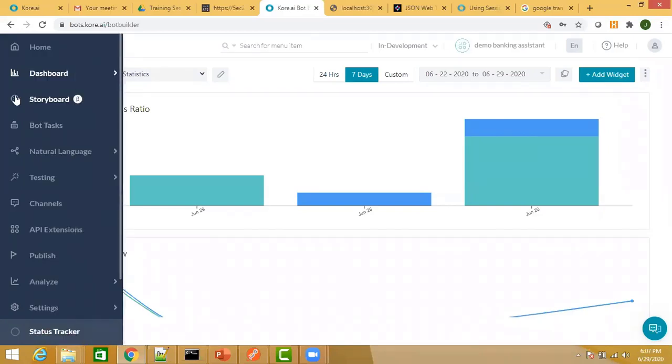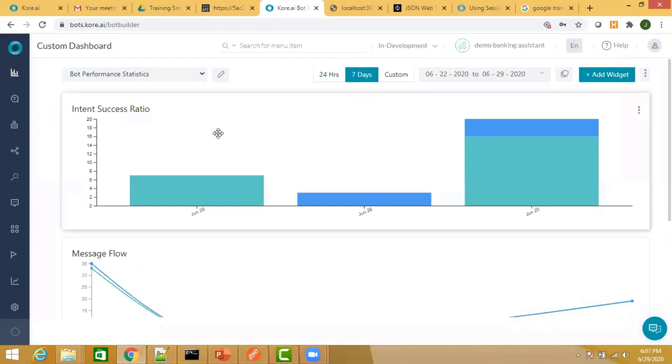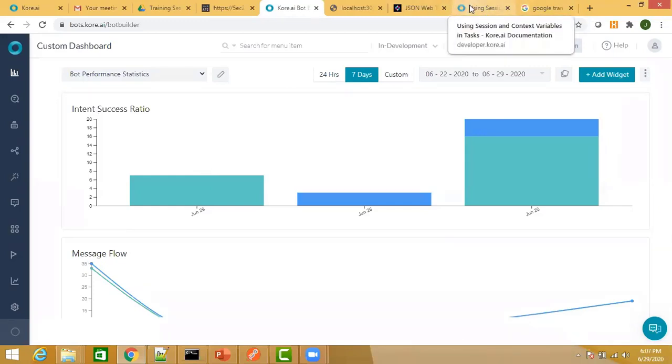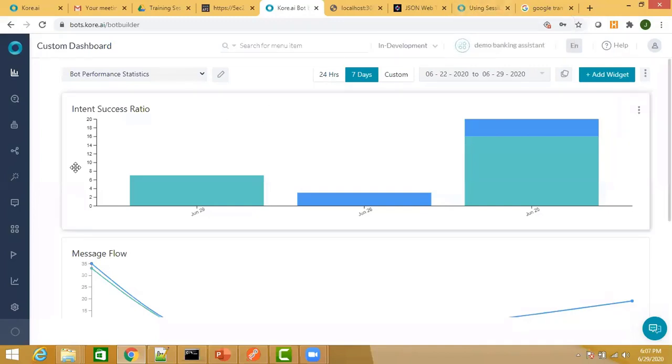Your alert task is also a particular task, right? Like a dialog task, alert task is also another task. You cannot trigger the execution of the alert task over here. You can represent some data. If the alert task information is available in your analytics report and all, you can use that data and represent it within your custom dashboard. Okay, but you cannot trigger the task from your custom dashboard. That is not possible.